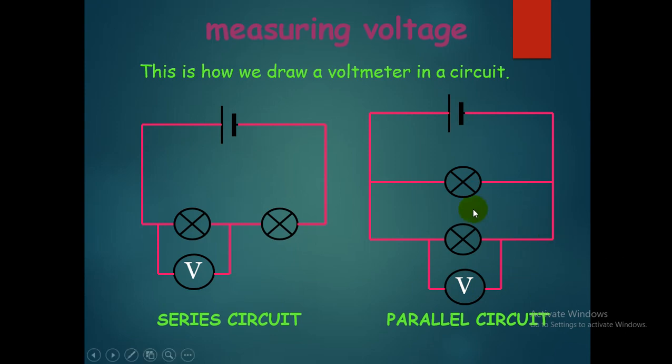But the important thing is that these are in parallel, which means in the parallel circuit the voltage is the same. For example, the battery is supplying 12 volts to the circuit, which means the voltage across this bulb and the voltage across this bulb must be the same as the voltage maintained by the battery, 12 volts. If you keep a voltmeter across this bulb or this bulb, you can see the same voltage values as the battery.